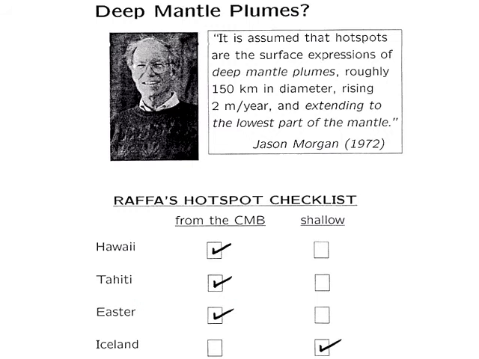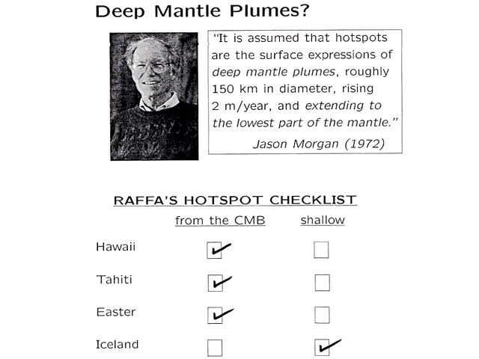So it was 30 years ago that our Princeton colleague, Jason Morgan, suggested to all of us that hotspots were the surface expression of deep mantle plumes. Jason is a very circumspect fellow, and he wasn't dogmatic about this. He said it is assumed that hotspots are the surface expressions of deep mantle plumes extending to the lowest part